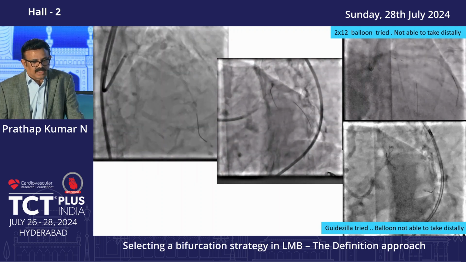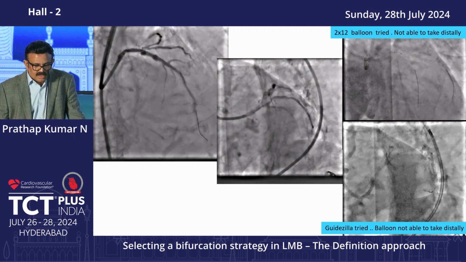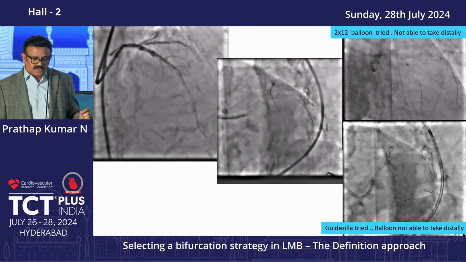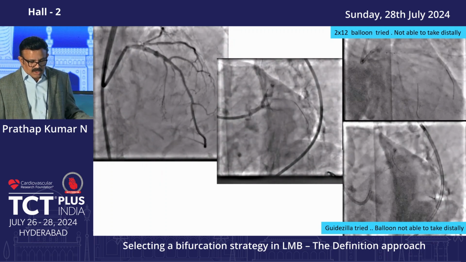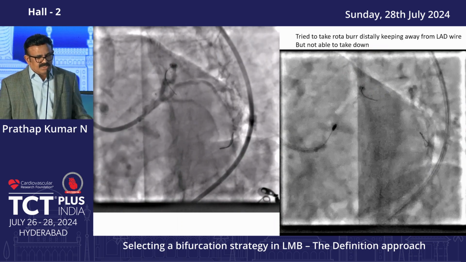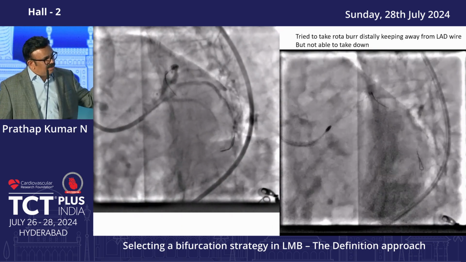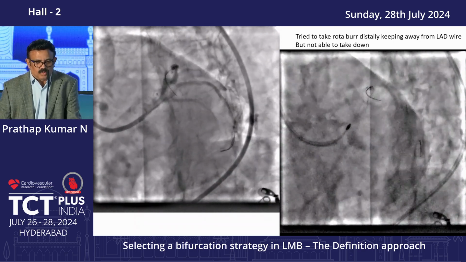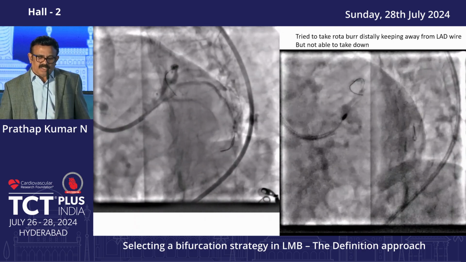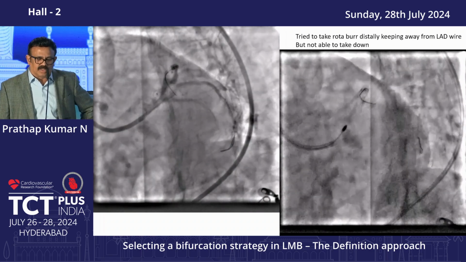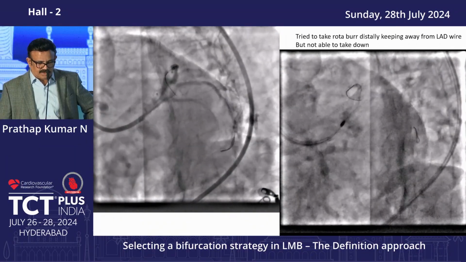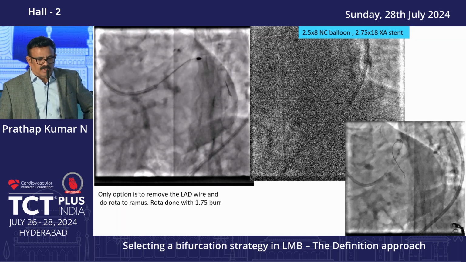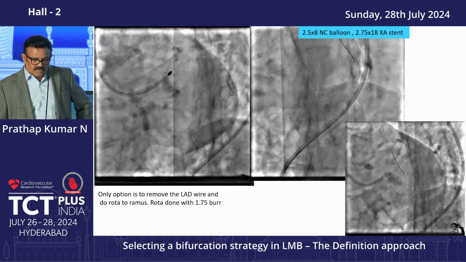I took the wire out of the LAD and then the guide catheter I tried. No balloon was able to track. So what I did is actually, now I have to use the rota. Since I am not rich, I have to use the same 1.75 rota bar into the OM. Many people will not be doing that. Try to take a rota bar distally, keeping away the LAD wire, but not able to track down. I removed the wire also. The only option is to remove the LAD wire, and then I did a rota,